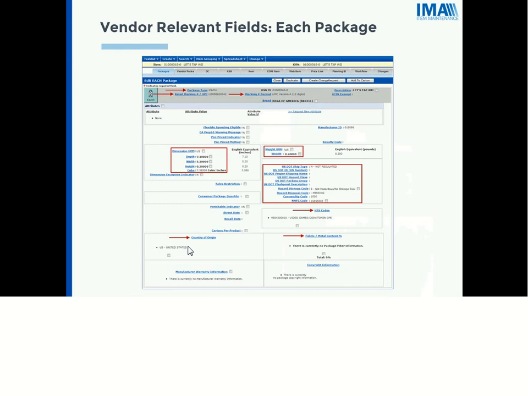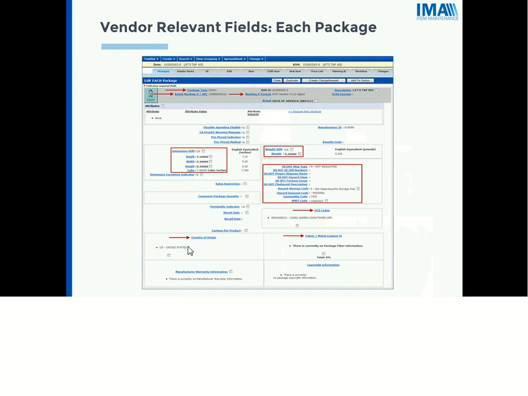And you can add more than one country. I will be showing you that tomorrow in the grid, but you can add as many countries as you need. Because I know sometimes we've had vendors where part of the product is made, let's say, in India, and the other part of the product is made in China. So you can actually add both of those.